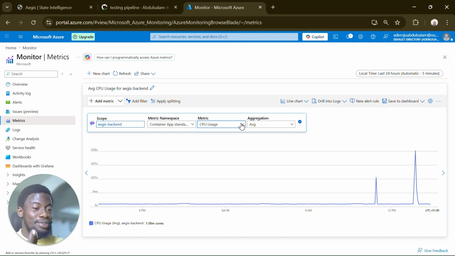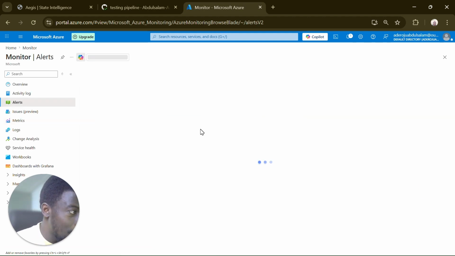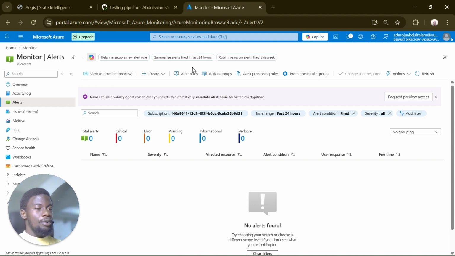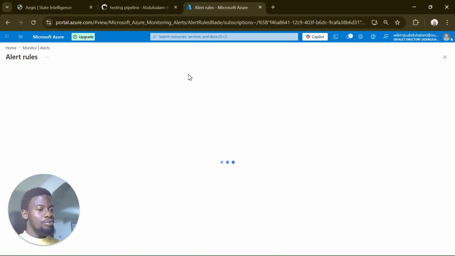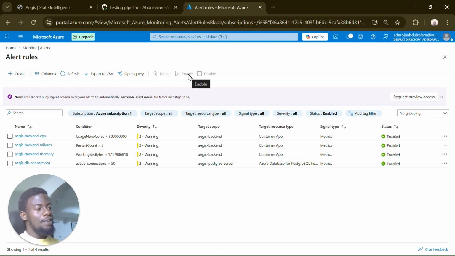some CPU, let's just put it that way. So that's everything with this. We can basically track everything we need to track throughout the course regarding this application. We can add new metrics, we can add new action groups. We already set some action groups. The alert is also there. We have about 4 alerts being set at the moment. We can add more,